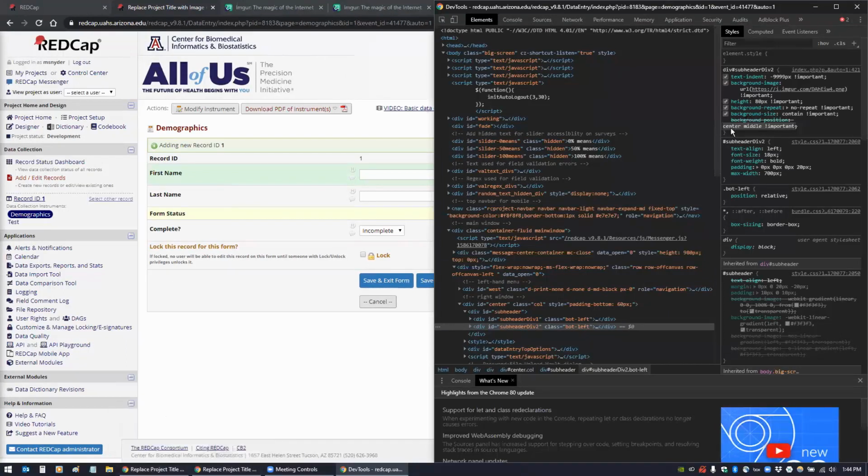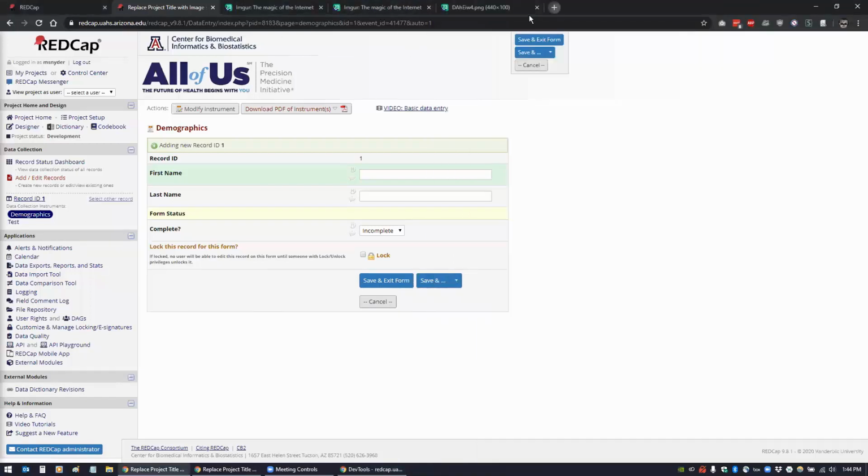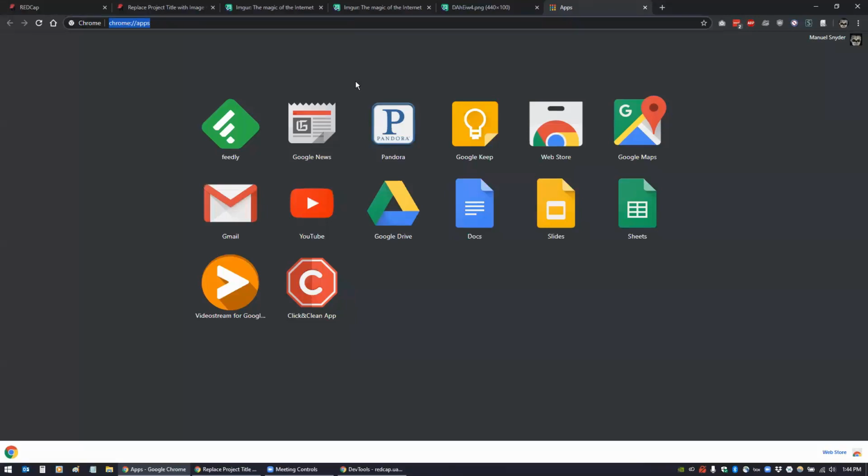So for some reason it's overriding the rule that I've applied. You can see here that it's saying it's an invalid property value. So this is a good exercise in troubleshooting. So if we go to